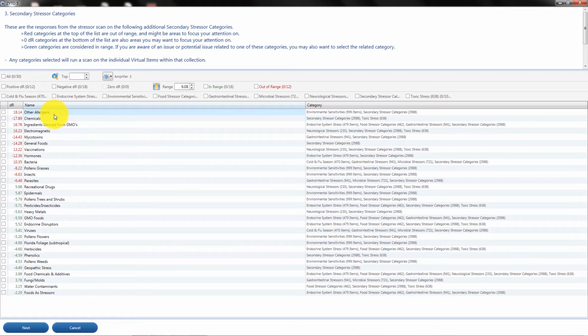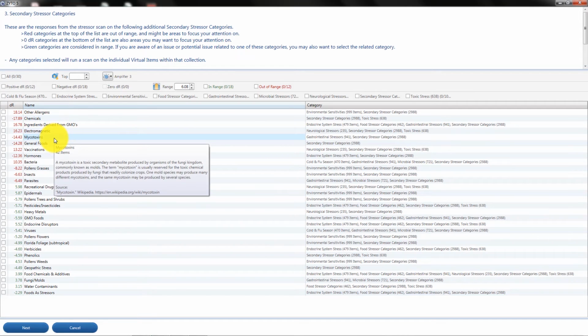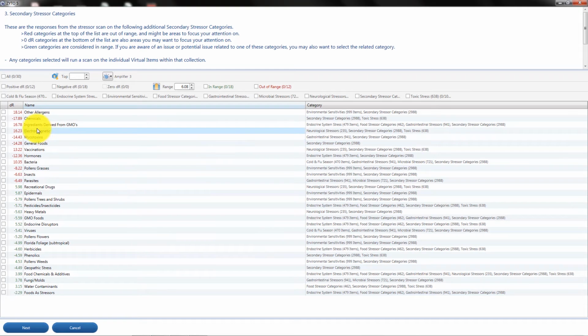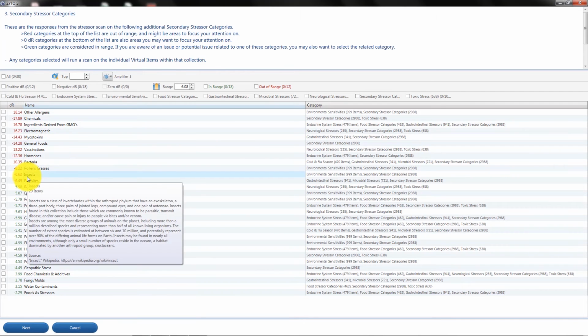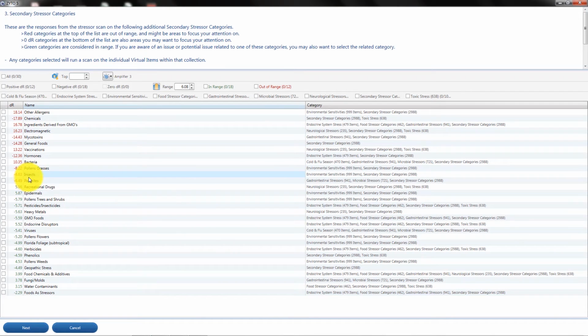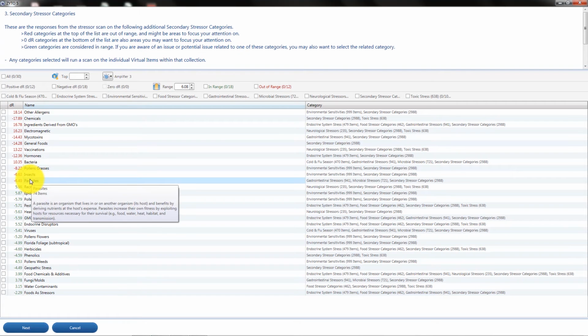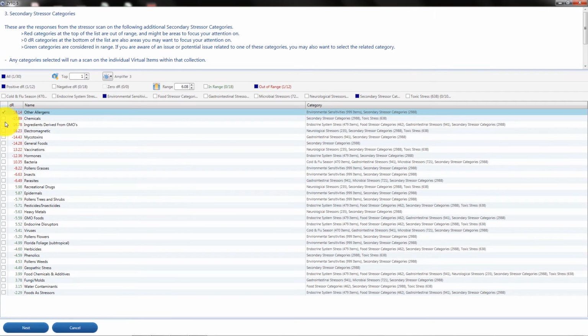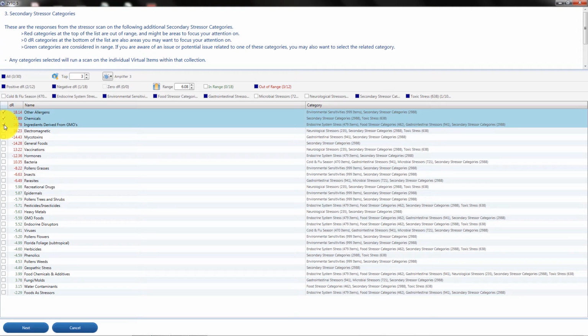So this is going to go through chemicals, heavy metals, viruses, mycotoxins, bacteria, molds, fungi. I mean, a lot more information here. So you can see this is how the skin responded from highest priority down. Anything in red was outside of range. Anything that was green was within the range. And the nice thing here is most of the time you're going to focus with some of the things towards the top because there was some reason that the skin responded that way